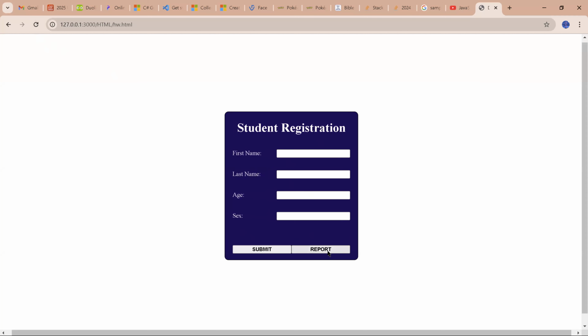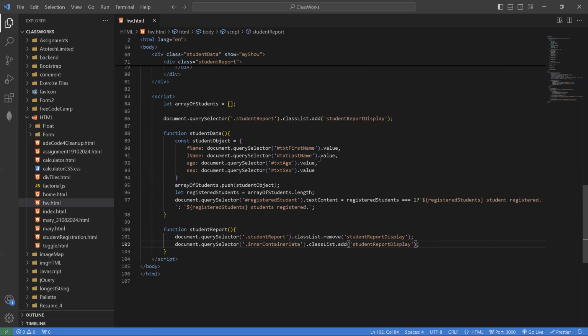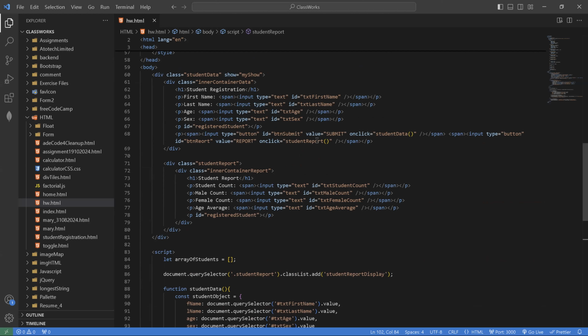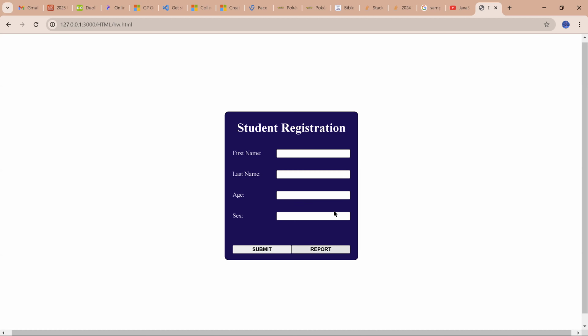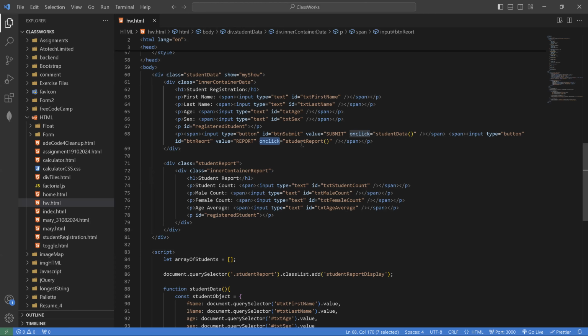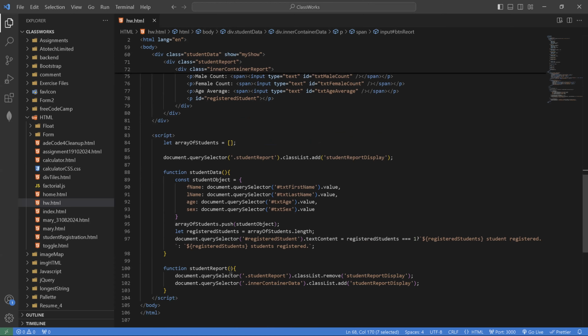If I refresh, remember, this is the report button. This one here. This is the report button. And I create what? An event. What type of event? On click. The moment I click on this button, go and call this event handler, this function, which is this one. And inside, what is this function doing? This function is removing